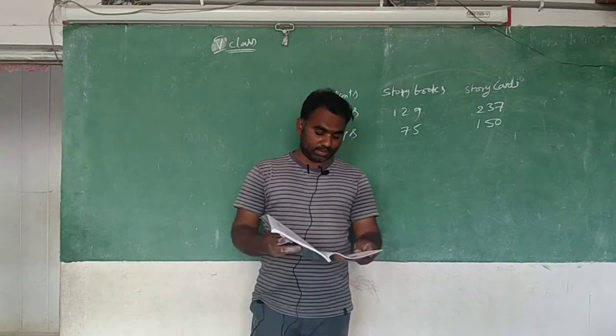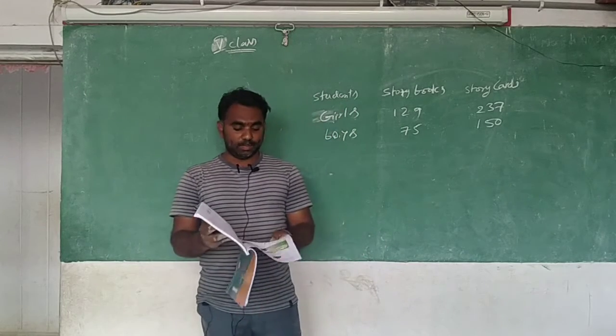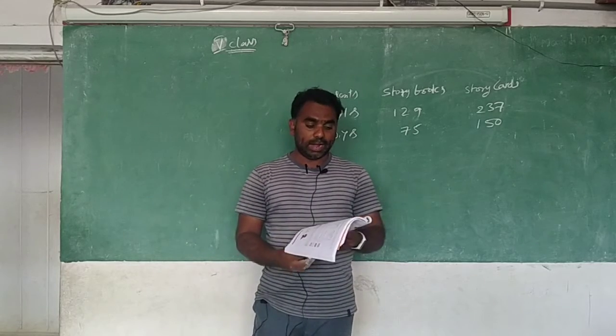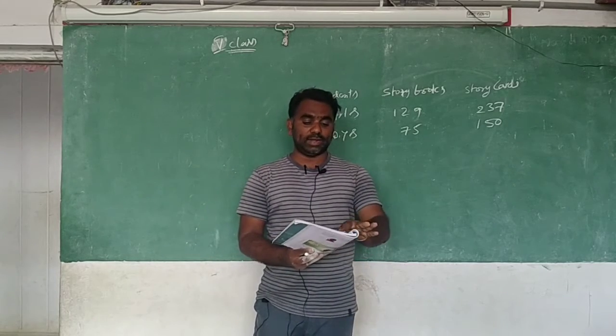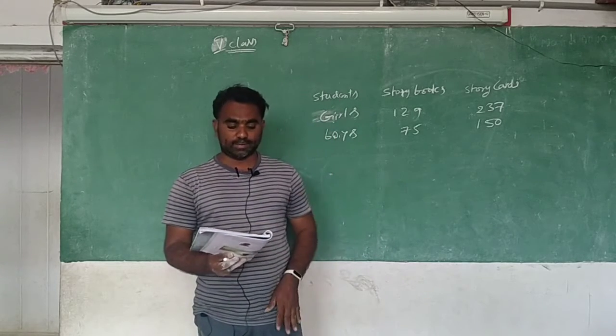On page number 39 there is one Try This, you need to do that, and on page number 40 there is one more Try This, you need to complete that. And on page number 42, in the second question, there are 4 additions. You need to find them and write the answers here.